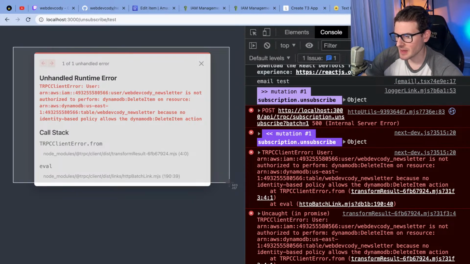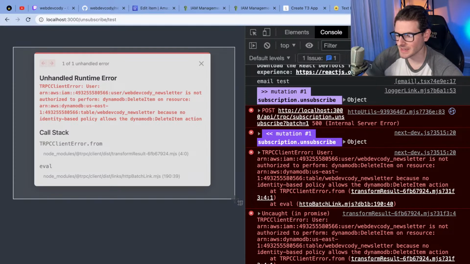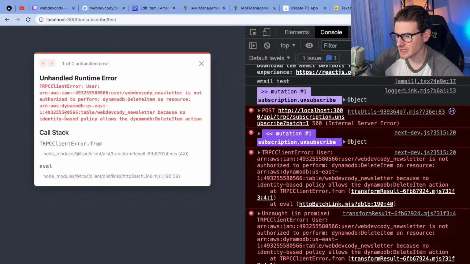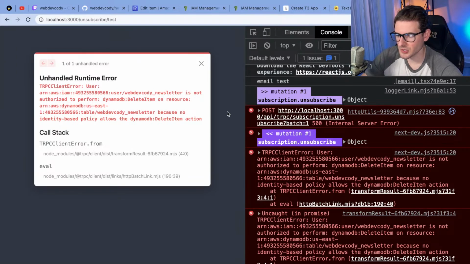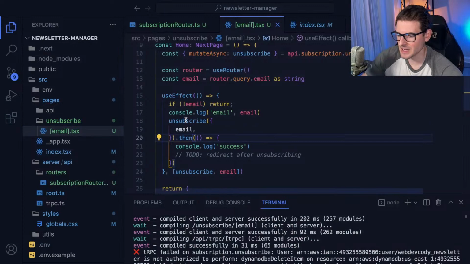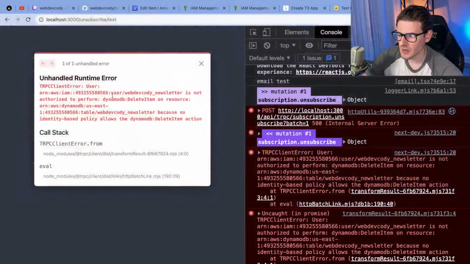Now, this is something that we should probably not allow to be leaked over to the UI, because if an error happens, they will know that I'm using Dynamo, and it also leaks out my account ID. So this is a security concern that I will probably not address in this stream. But there's ways in TRPC to basically not allow these errors to just bubble over to the front end. But maybe because I'm in dev mode, it allows that. I need to go read the documentation. I'm not an expert at TRPC.